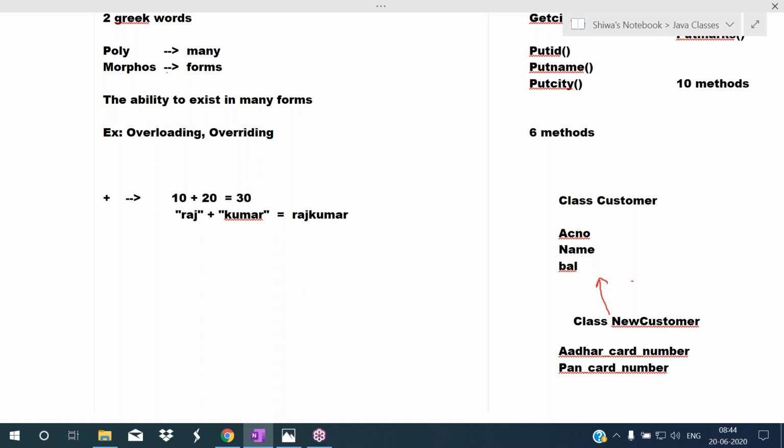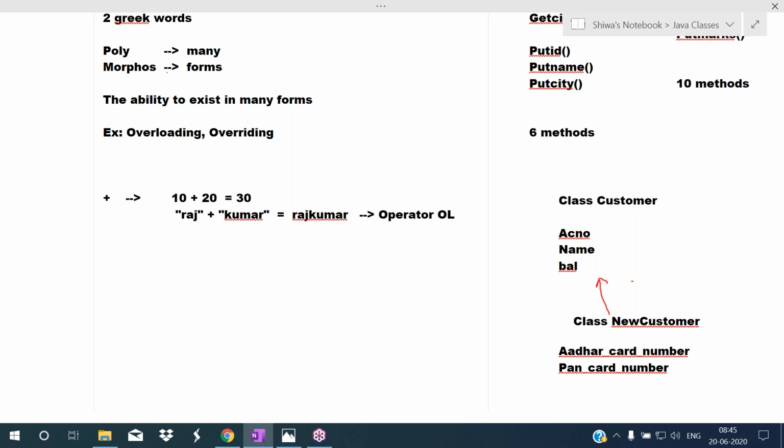The same plus operator performs addition for numbers and concatenation for strings. So the same operator exists in many forms, more than one form. If the same operator exists in many forms, that is called operator overloading.